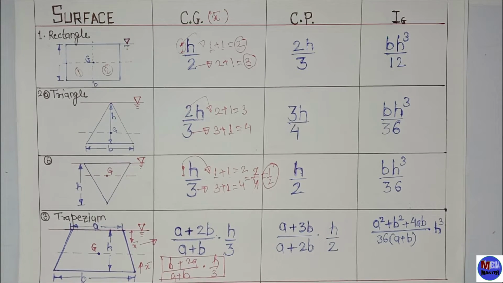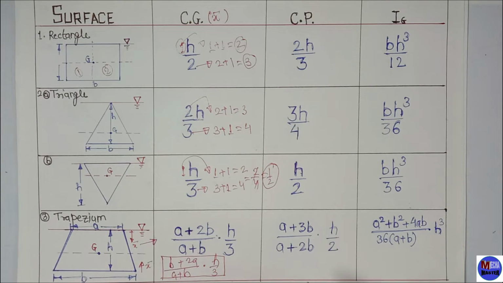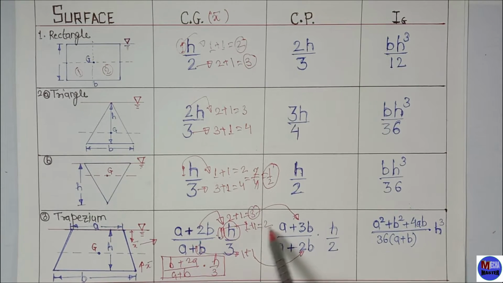How can you find Cp? The trick is the same. You have to add 1 into 2, plus 1 equals 3. There is written 3. The coefficient of B is equal to 1. 1 plus 1 equals 2. So there written 2. Again the coefficient of h equals 1. 1 plus 1 equals 2, and 3 plus 1 equals 4.